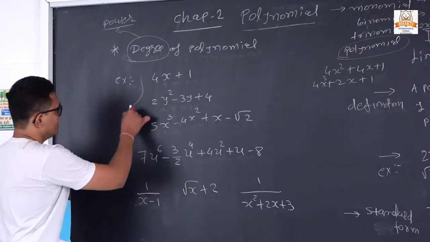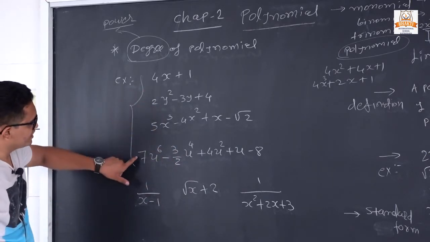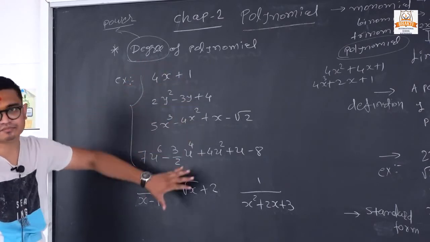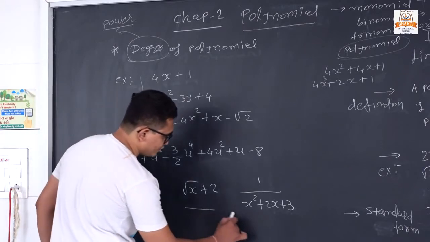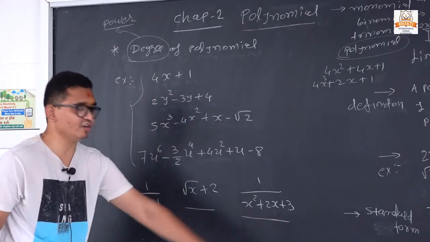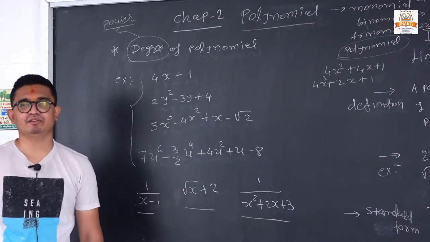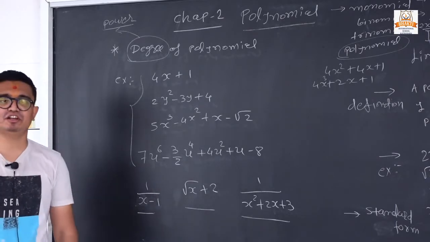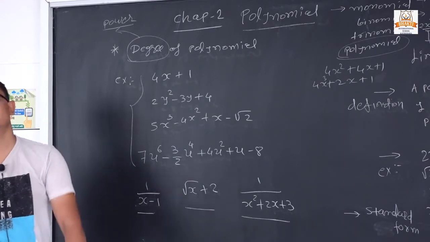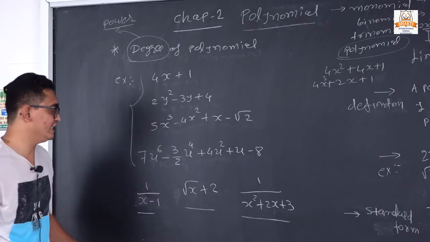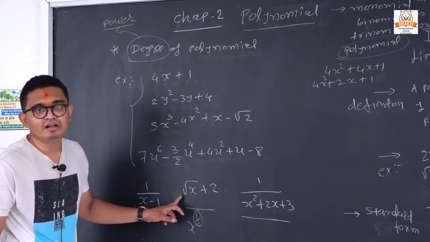So I am taking these 1, 2, 3 and 4 examples. See this example. These are all polynomials. But the last three, 1, 2 and 3, are these polynomials or not? No, these are not polynomials. Because according to the definition of polynomials, what? The power in a polynomial is always a real number, but here it doesn't have a real number power. Here the power is 1 by 2, so it is in fraction form. So it is not a polynomial.